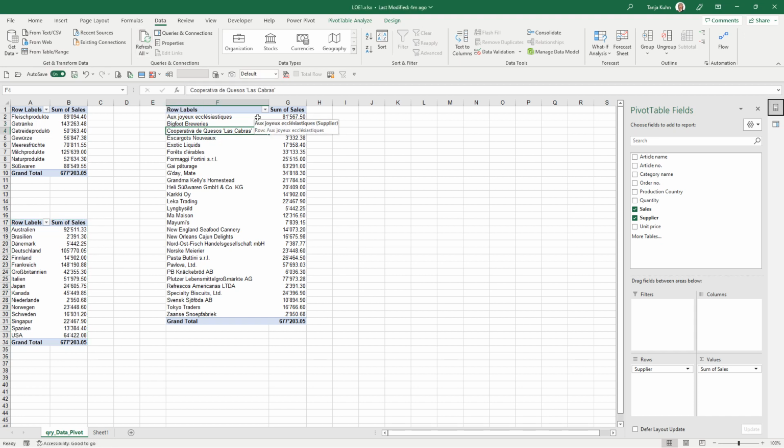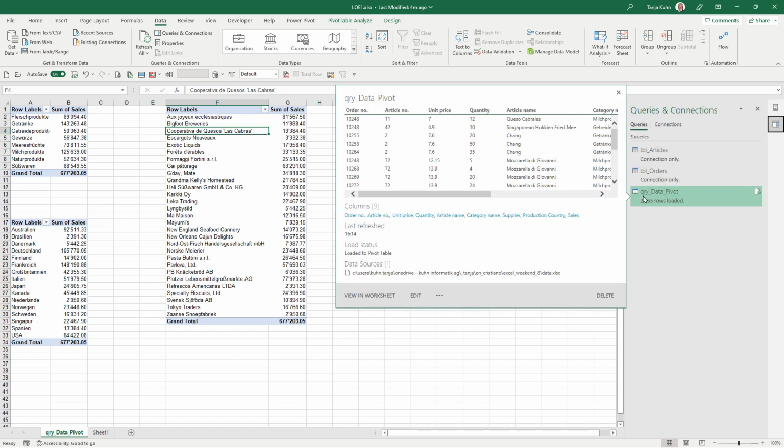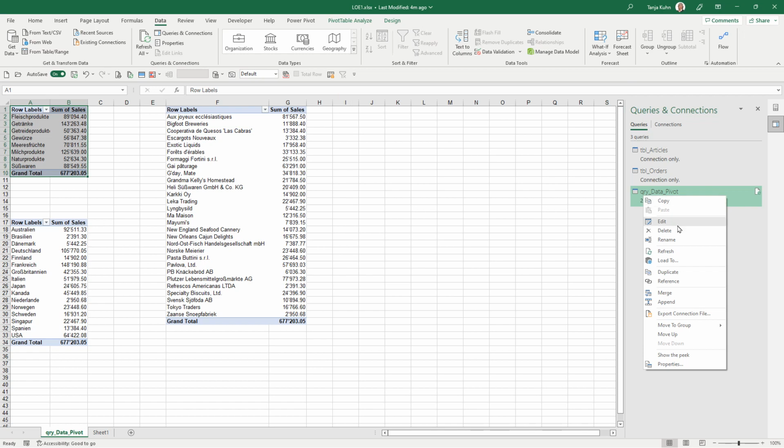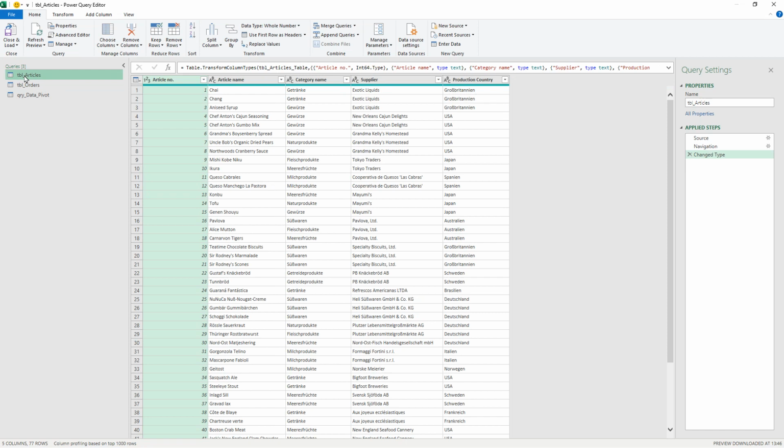Only one thing is important in your query. I go back to Power Query. Here on the right side, I can choose now here my queries. I make a right click on my query and choose here Edit. So I'm again in my Power Query editor. And what's important? We have this article table. This is the lookup table. And it's very important that in your lookup table, the key is not